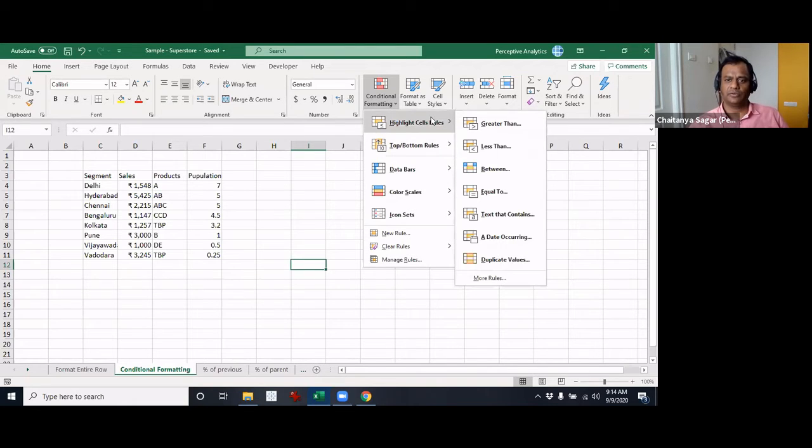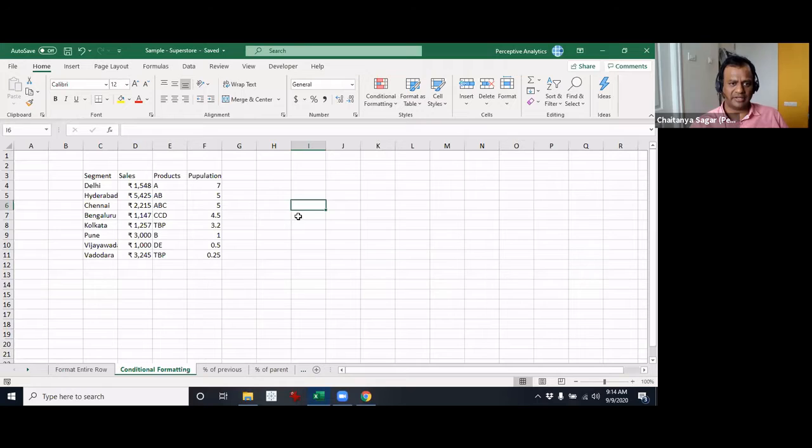Okay, so basically conditional formatting is when you want dynamic formatting. Otherwise you would use regular formatting only. So if you want to, let's say, highlight only Chennai, for example, just for the heck of it, you'll just highlight it like this. But if it stays like that, that's the problem.